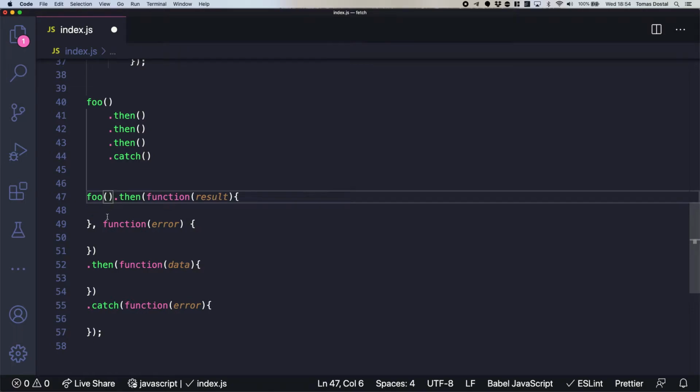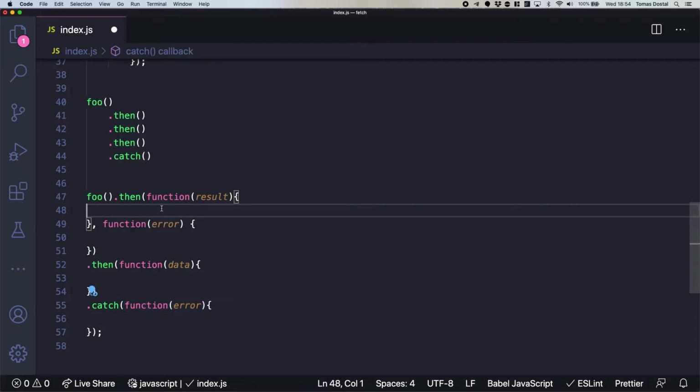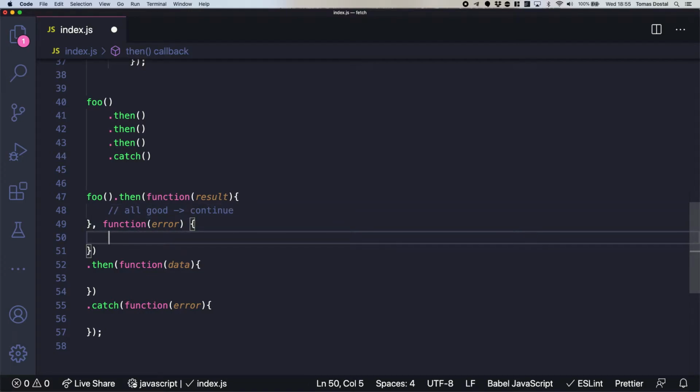Then after this is handled, if there is a success, then do this, and if there is an error, then do this, right? Sometimes what this is useful for is, for example, to silence errors. So if everything is successful, all good, continue. And if there is an error, you could say report and continue. So you can basically change this into a success rather than an error.